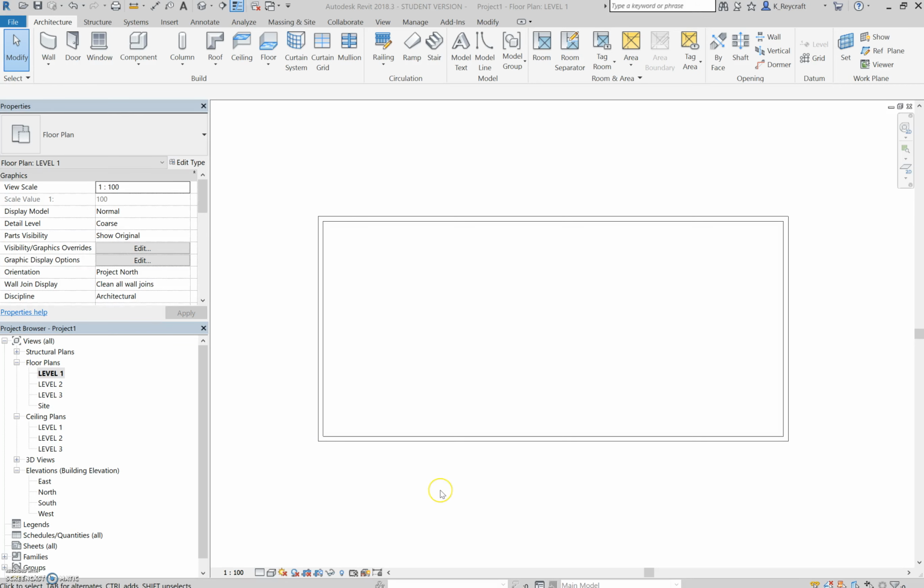Had a few questions about when you create a room which has a tag, and then you duplicate the view and you want to have the same space tagged. Well, a room in Revit is the same as any other physical object. The only difference is that for the most part it's invisible. You can't see it. So, excuse me, let me just create a small